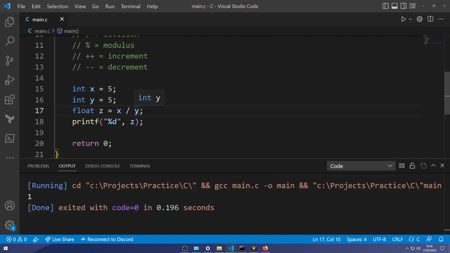Now, if we want to add a float, there's two ways we could do this. We got to specify that one of our integers is also a float. And now we can add a decimal.